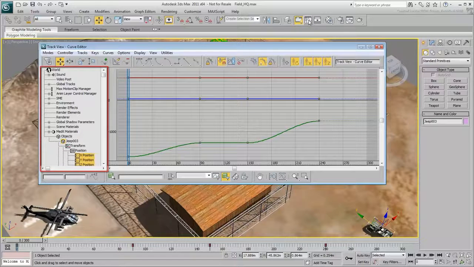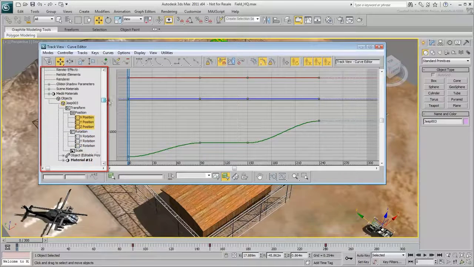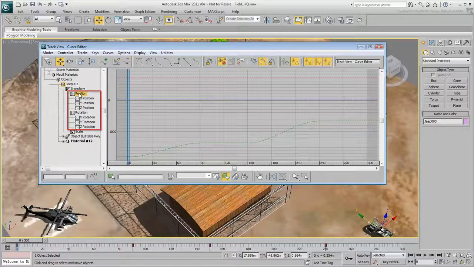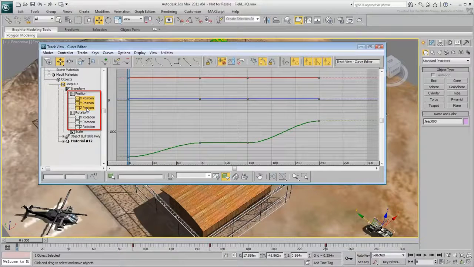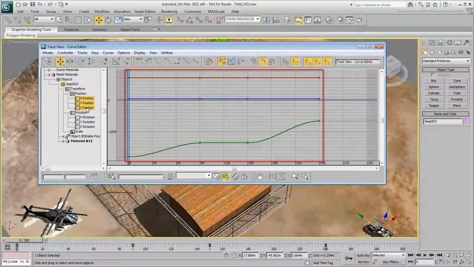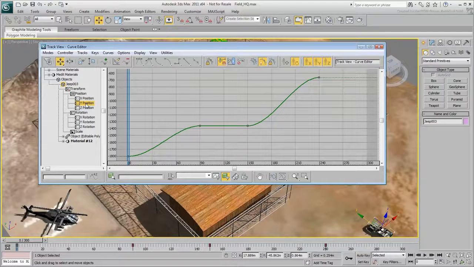The left pane shows the animated object and the various transform tracks. Position and rotation tracks have separate XYZ tracks to give you better control over the animation. You can select any track you want to view. The red, green, and blue curve colors correspond to the X, Y, and Z axes in world coordinate space. In this case, only the Y position track has animated data on it, since you only move the Jeep in